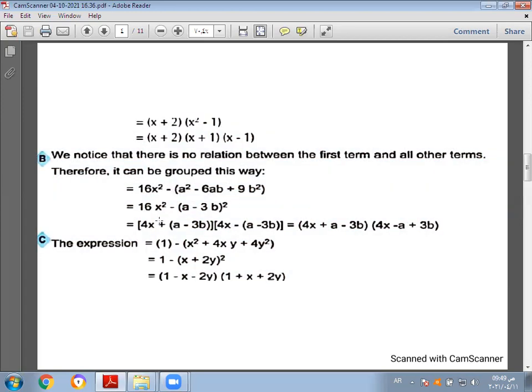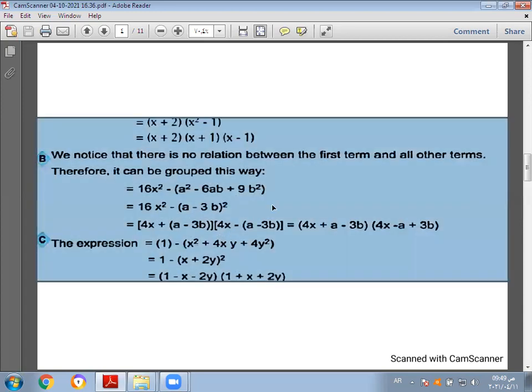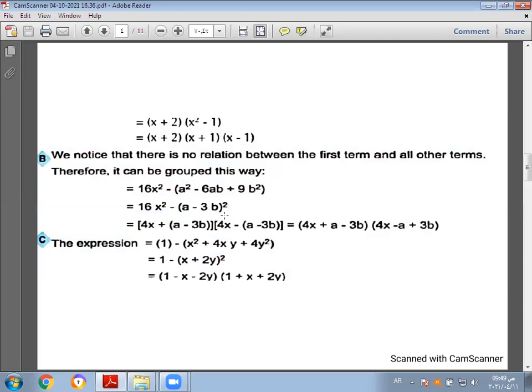Okay. Now we factorize the perfect square: bracket power 2, and take the root of the first, a² is a, and the root of the third is 3b. And the middle sign will be like the middle sign in the algebraic expression. If it's negative, we will put negative. If it's positive, we will put positive. All power 2. Again, we find the expression 16x² − (a − 3b)²